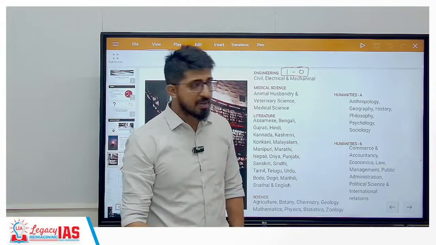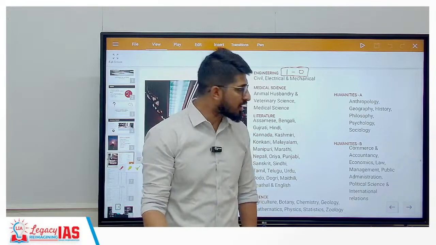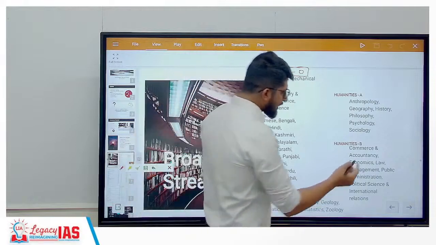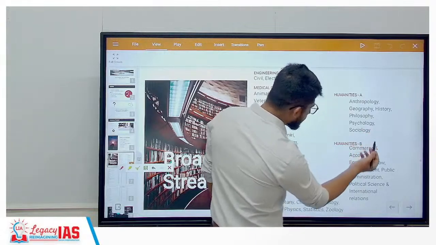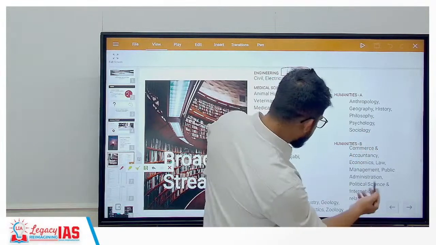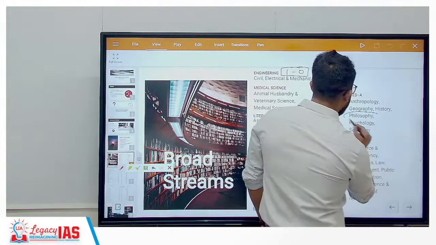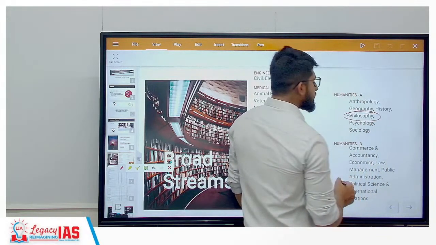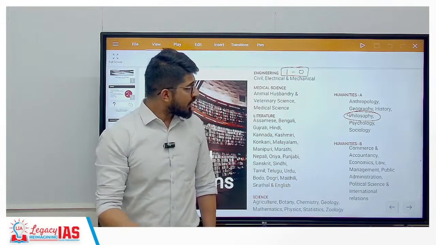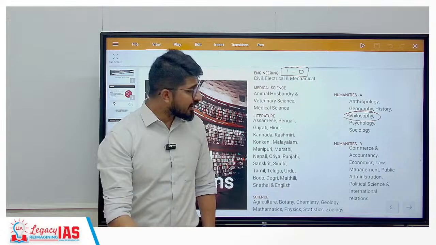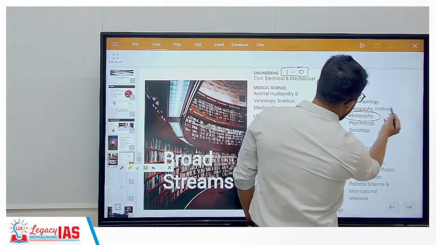But still, there are some subjects where you can write objective answers, and some where you can write subjective answers. For example, look at philosophy. Where do you have philosophy? So there's no mention of philosophy as such. Okay, yeah, you have it here. So philosophy is the most subjective one, right? On the other hand, the most objective one is going to be your history. Yes, you have history here.